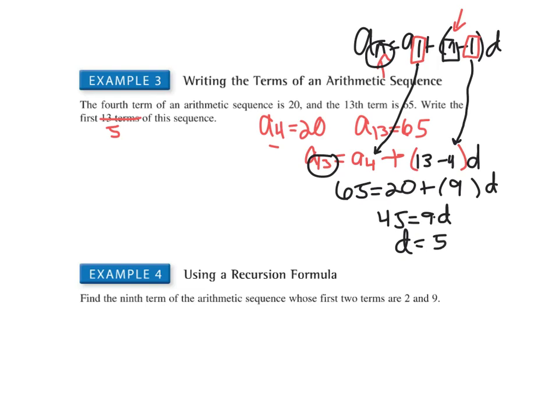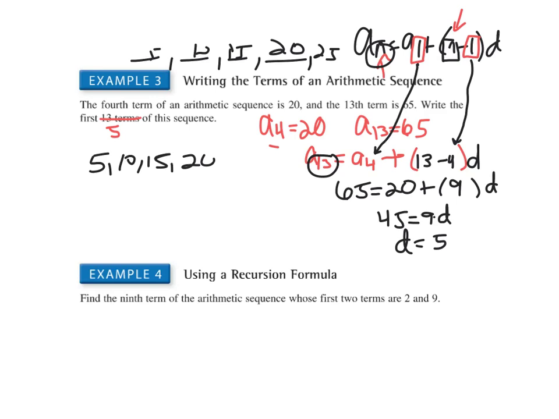So then from there, you can either go backwards. Sometimes it's easier just to think about if the fourth term is 20. 1, 2, 3, 4. You know your fourth term is 20. You can literally just go backwards. Like, you know the next term is going to be 25 because the difference is 5. But you can also subtract the 5 and make this 15, 10, and 5. So your first 5 terms would be 5, 10, 15, 20,